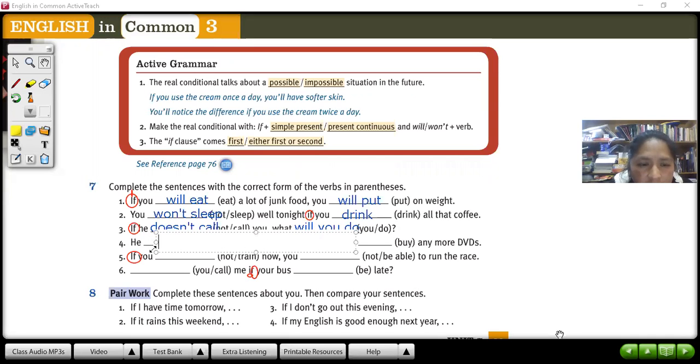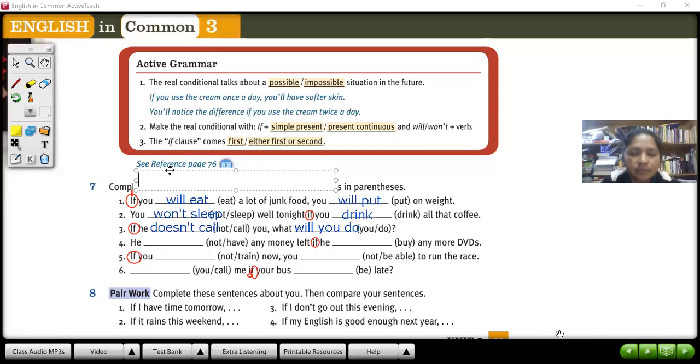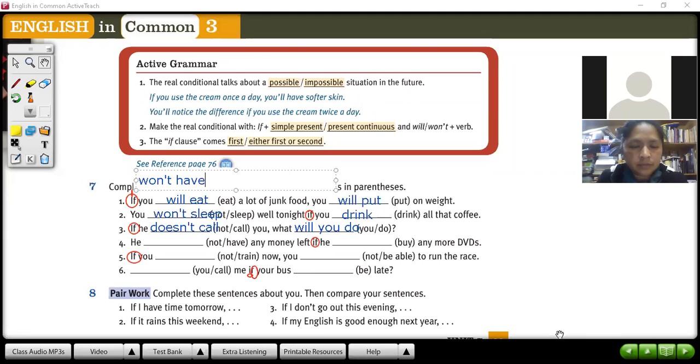Okay, number 4. He won't have any money left if